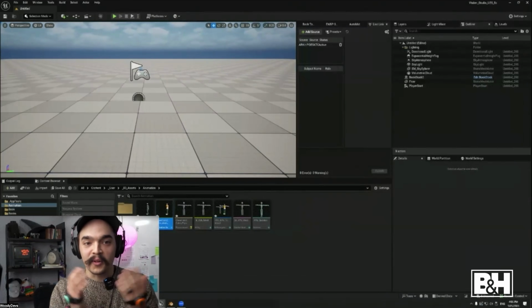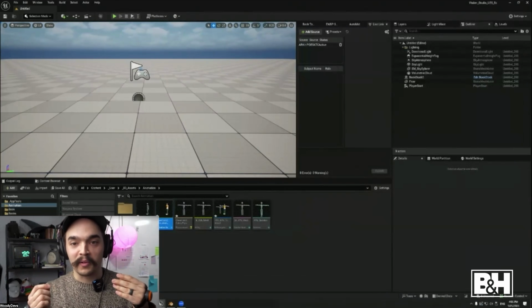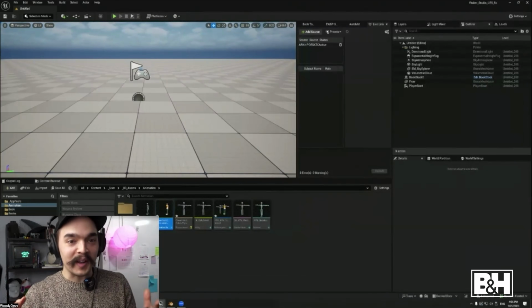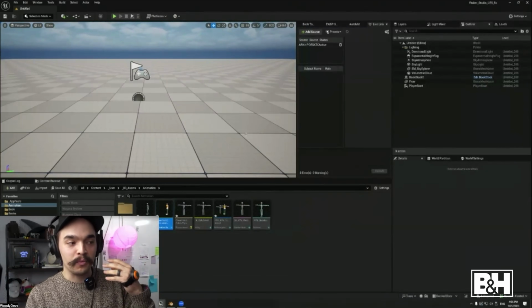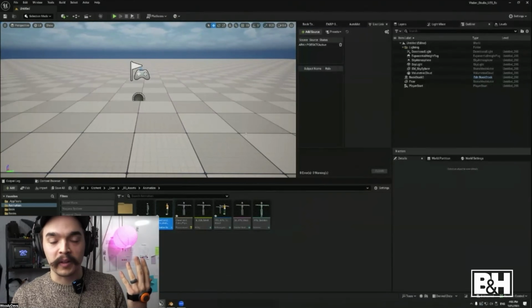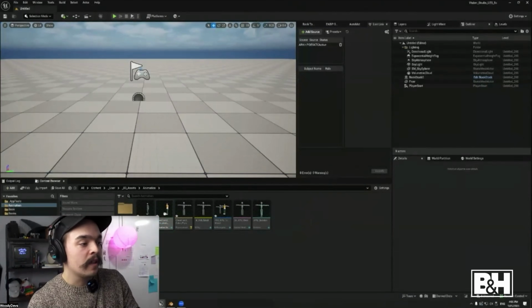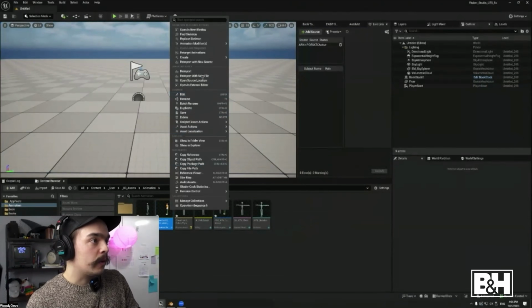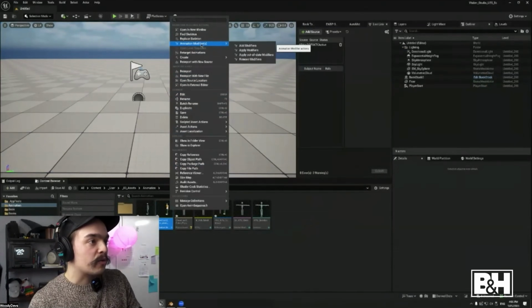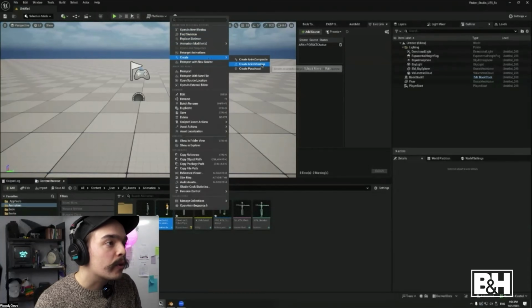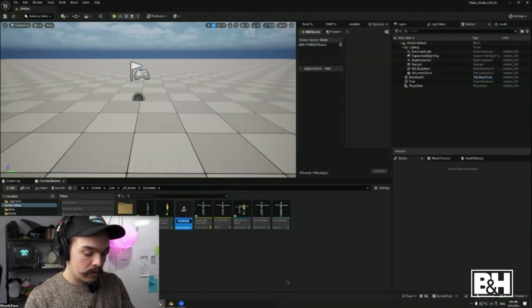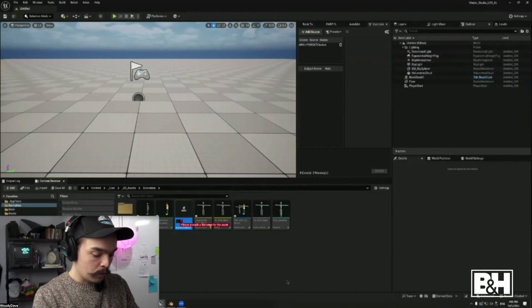This is like the workflow. We've made the animation asset, but we want to press a button and be able to see this in our game, right? I'm going to show you guys a quick and easy way that you're able to do that right away without too much fuss. The first thing we're going to do is go to the create tab. I'm going to go create anim montage, and then we'll just call this cheer